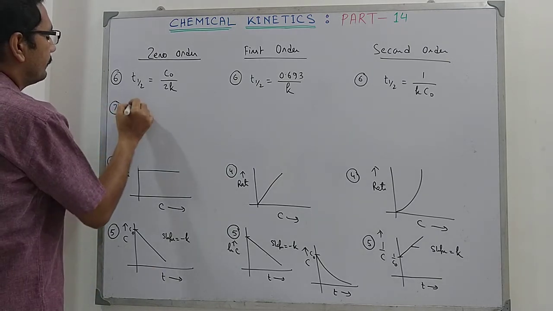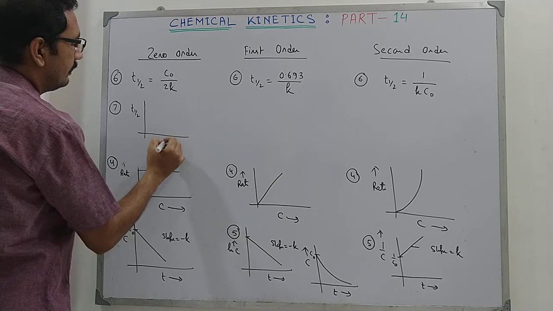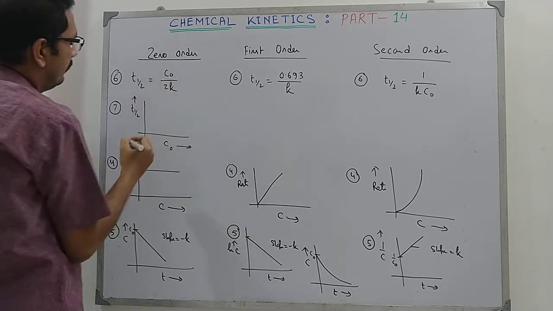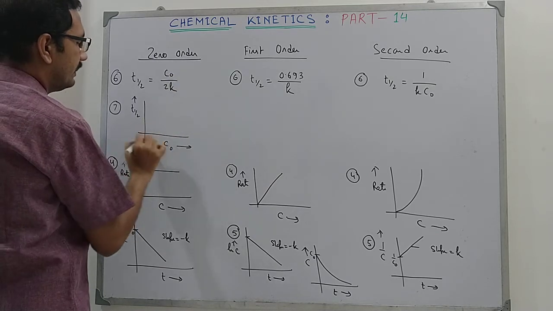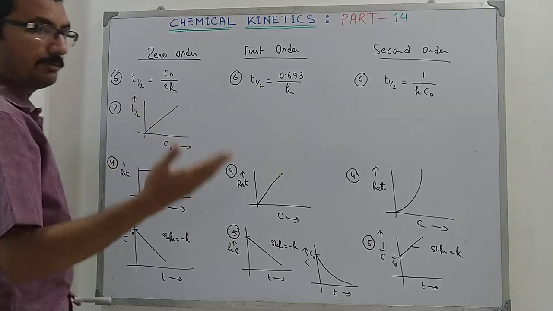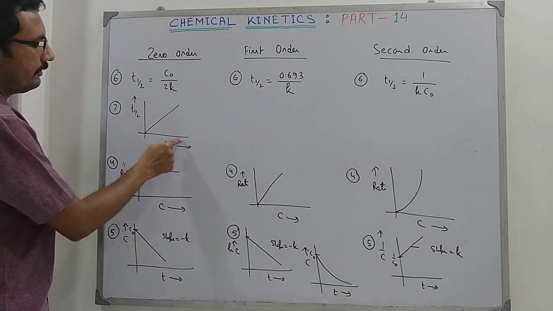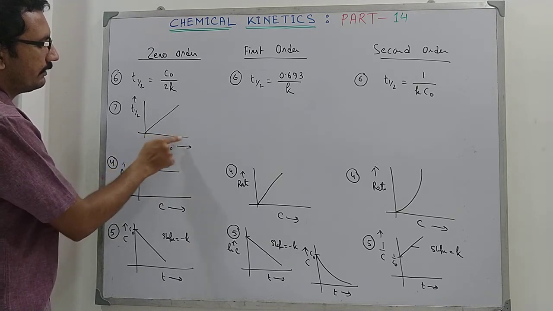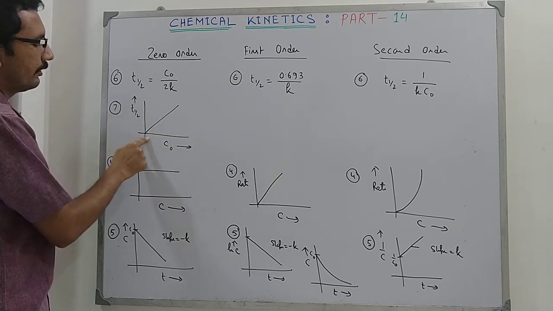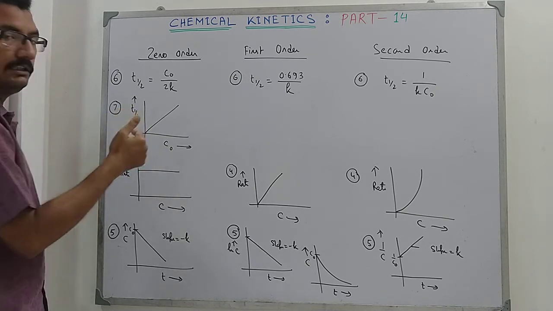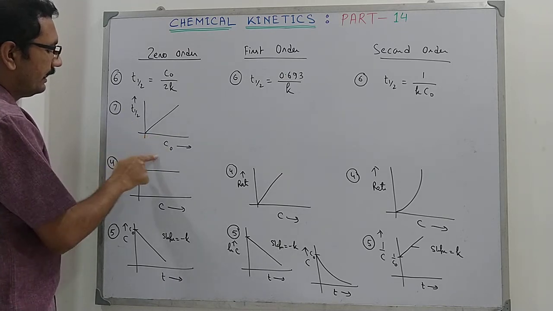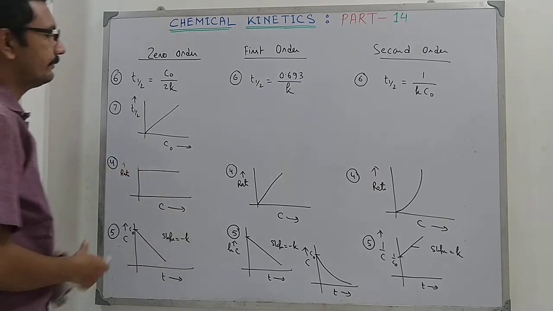Now if we try to plot T half against the initial concentration, then we see this is an equation of a straight line having intercept 0. So with increase in concentration, T half will increase. Now as the reaction proceeds, the concentration falls, so we are approaching towards the left direction. As C0 falls, T half falls, so the reaction will occur more quickly and come to an end.